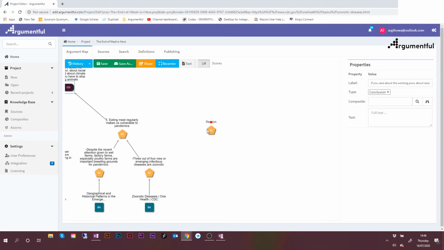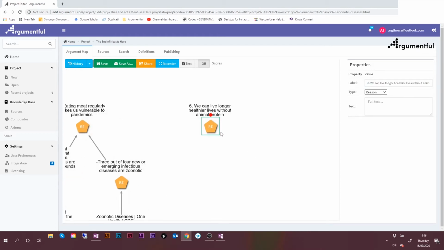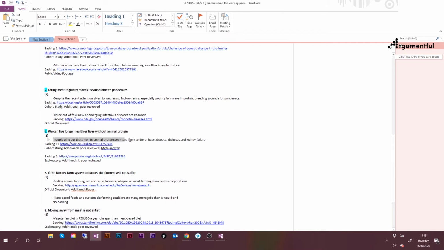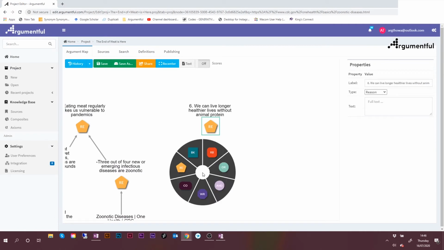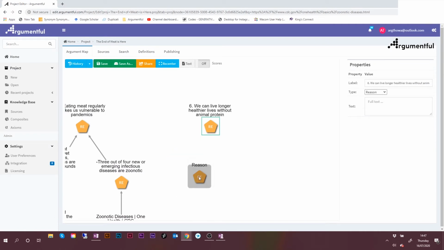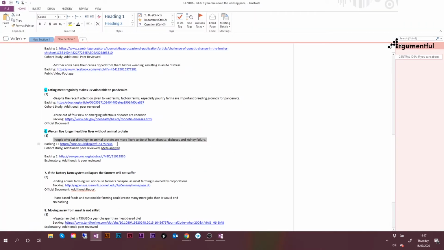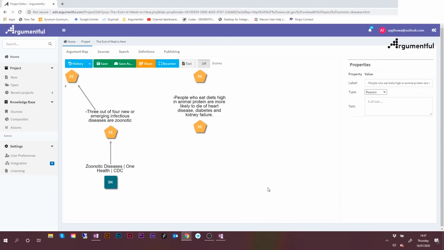The sixth reason used by the author to support his conclusion: we can live longer, healthier lives without animal protein. And this is supported by one statement, backed by two different pieces of evidence. And the statement is, people who eat diets high in animal protein are more likely to die of heart disease, diabetes, and kidney failure. The evidence that was included, the first one,